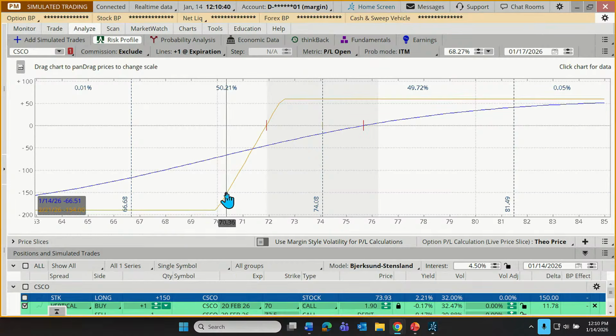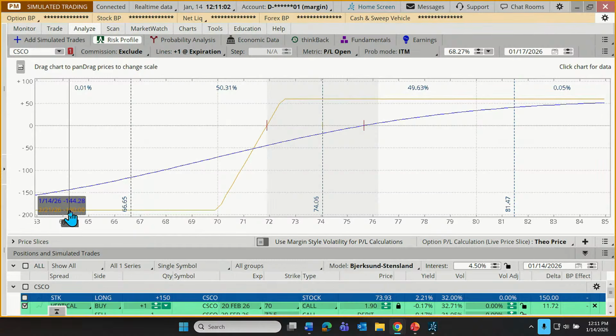And as I've already said a couple of times, one of the primary functions is to show us a profit or loss scenario for the trade. So by default, I have this blue line and I have this gold line. Now I realize the gold line is going to be a little bit harder for some to see, and down here there are going to be some numbers associated with that gold line. So I'm going to change that a little bit.